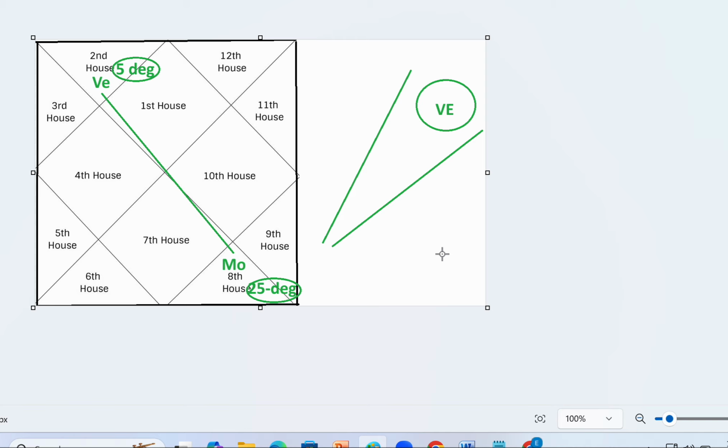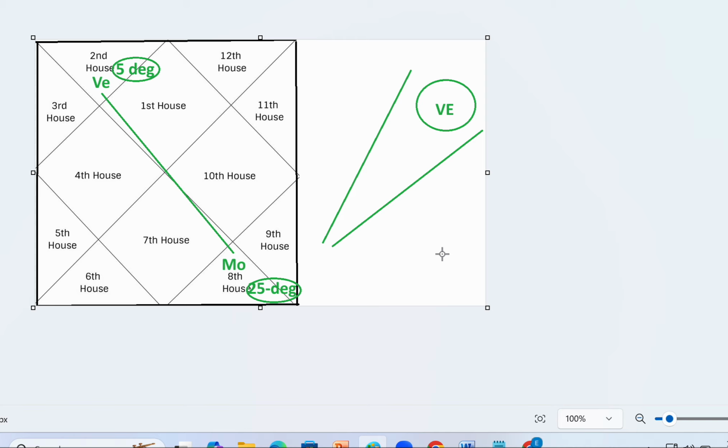It cannot travel zigzag. Shani has a unique drishti of third and tenth aspect. Mars has fourth and seventh aspect. But again, degree wise, it has to coincide. If Mars is sitting in Lagna in Aries at say 20 degrees, then in Cancer, Venus has to sit somewhere plus or minus 5 degrees to 20, that is 15 to 25. Then the fourth aspect will reach. Otherwise, even that fourth aspect will not be influential on that particular planet.